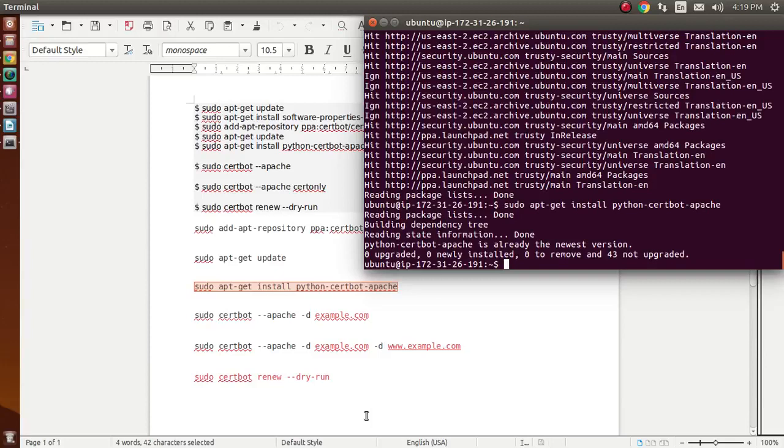Generating the SSL certificate for Apache using Certbot is straightforward. The client will automatically obtain and install a new SSL certificate that is valid for the domain provided as a parameter. To execute the interactive installation and obtain a certificate that covers a single domain, run the Certbot command like this.